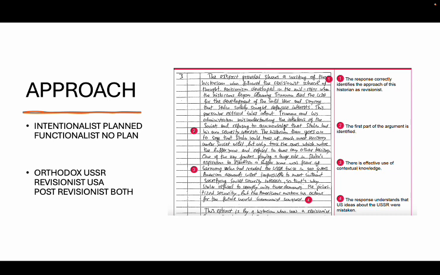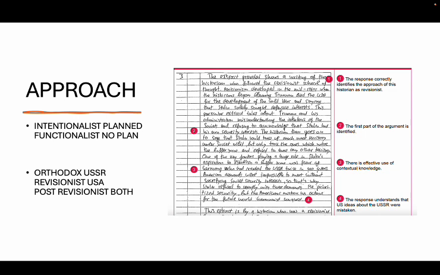orthodox for the Cold War historiography, it emerged in the 1940s and 1950s at the outset of the Cold War, and it basically means that the USSR is to blame. Revisionist, which emerged in the 1960s, 1970s, in the wake of the Vietnam War, means that the USA is to blame. Post-revisionist, which emerged during the Détente in the 1970s, the early 1980s,